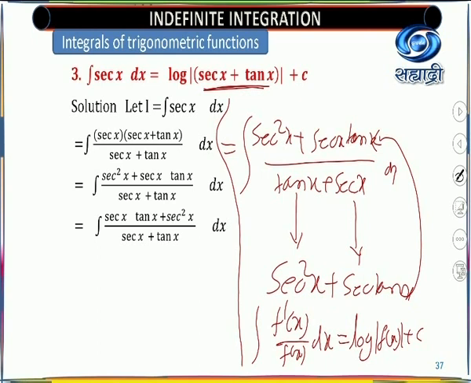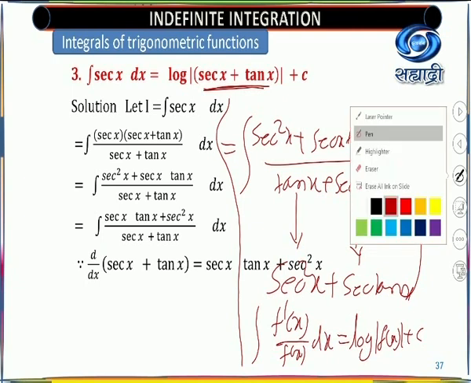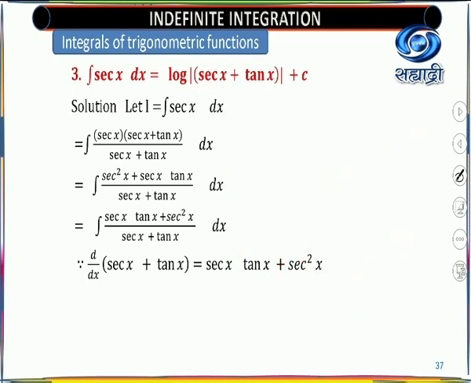Why? Because addition is commutative. I am telling you again and again that addition is commutative. That property is very nice, and you are going to use it again here. And what will you get? The derivative of sec x plus tan x is sec x tan x plus sec square x. So it is f dash x upon fx, which gives you log of mod of sec x plus tan x